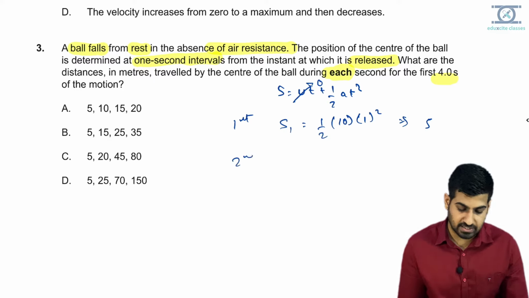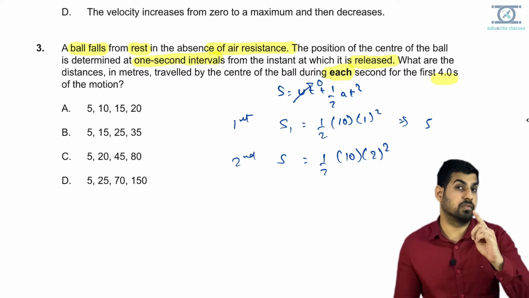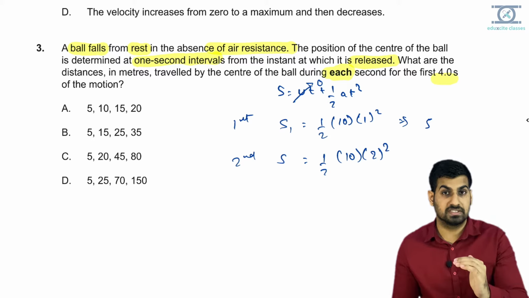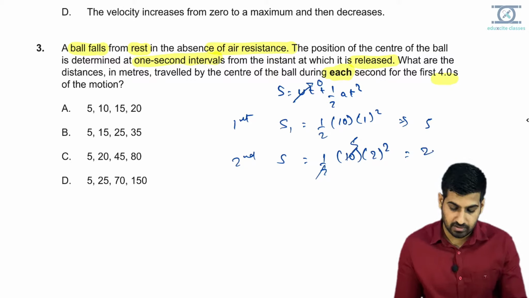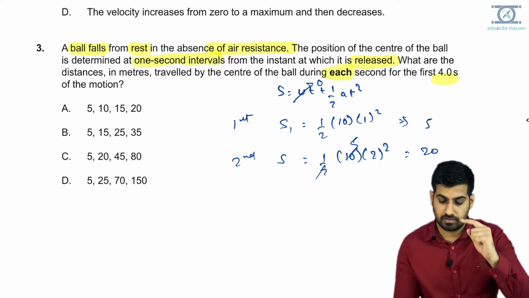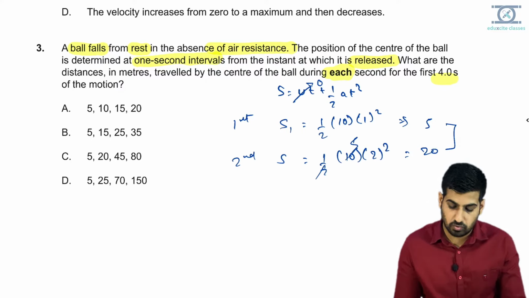Now in the second second, if I use the same equation, then I have to use 2 square. So that is for the 0 to 2 second displacement, and that will be 5 times 4, that is 20. So this is from the initial, but if I have to calculate for the second, then from 0 to 1